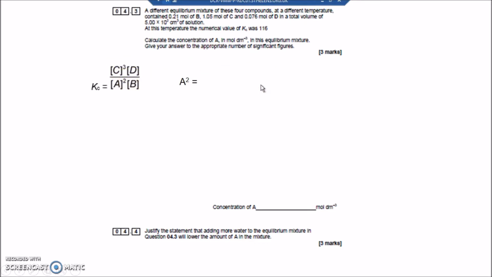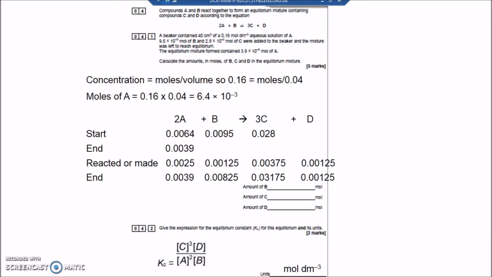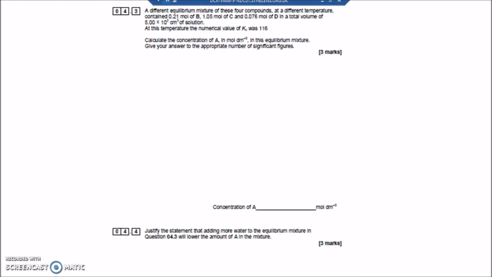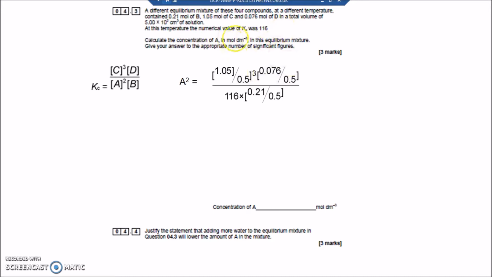The reason I need to divide by volume is because I've not got an equal number of moles on each side. I've got 2 moles of A and 1 of B, so that's 3 moles on the left, and I've got 3 moles of C and 1 of D, so 4 moles on the right. So the volumes won't cancel when I divide by them, and so that will need to be done. A squared is